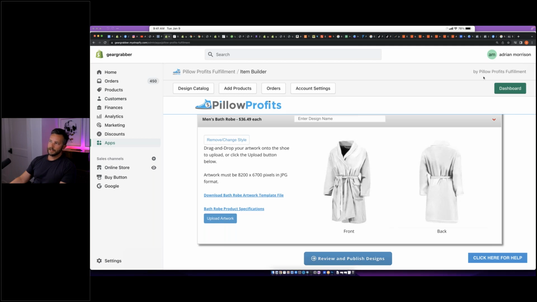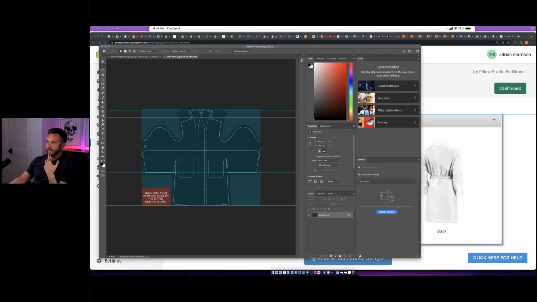So Pillow Profits and all these other companies typically will give you a template that you could go by. If you get that template, you can put products on it and know, hey, look, this is probably going to look good. It's going to fit right here, right there on the chest or the back or even the arm or whatever. So if I just look, that's going to be your belt. I'm not quite sure. Oh, you can't see, I had full screen. So this is a template that they give us.